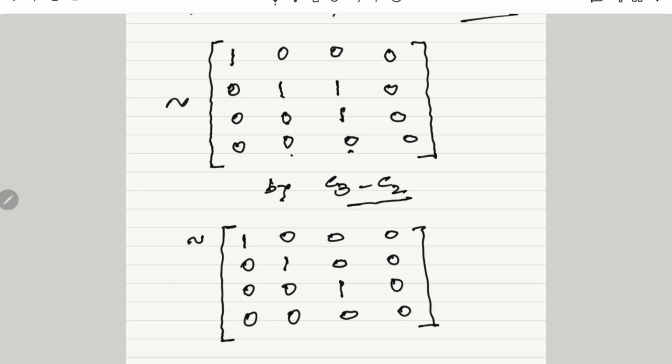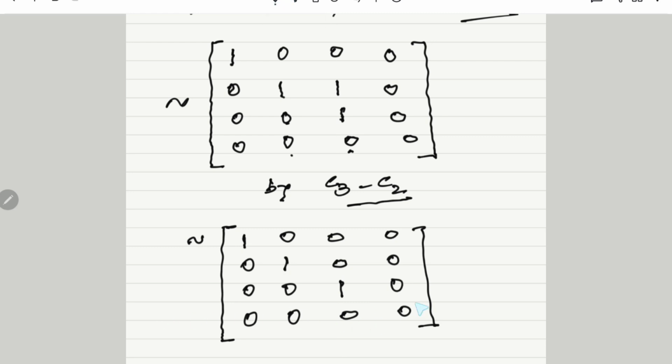And if we observe the elements, first three diagonal elements are 1, 1 each, lower diagonal elements are 0, fourth one is 0, and it is not possible for us to make it non-zero, and the upper diagonal elements we have converted to 0. Then we stop the calculation here